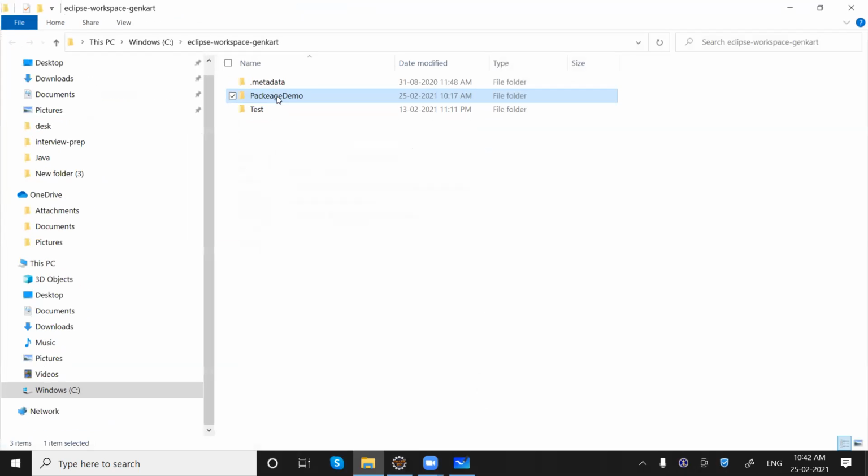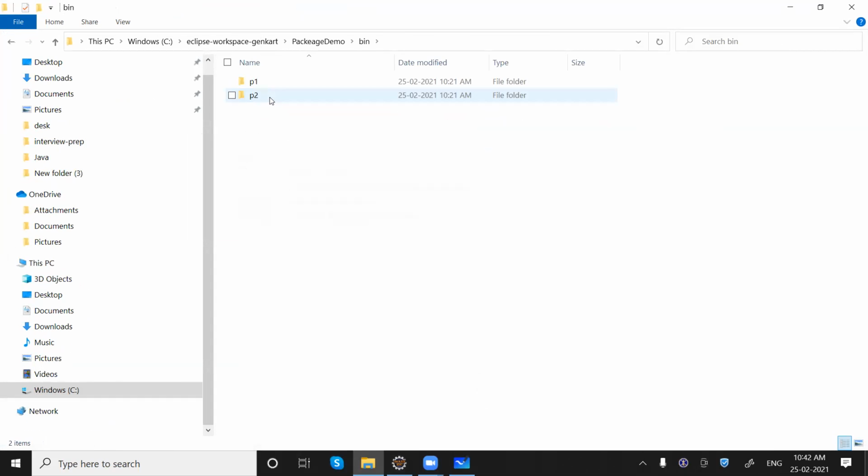So this is our project we are working on, and inside bin we have two folders: in one package we have p1, with Person.class inside it, and we have another folder, p2, and in this folder we have the tester class. So two different folders are getting created. Getting my point?